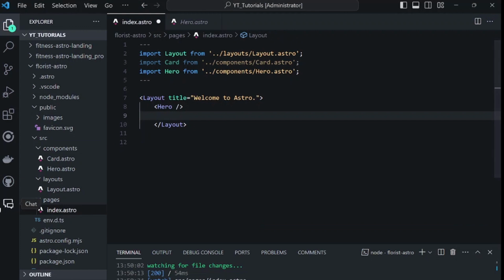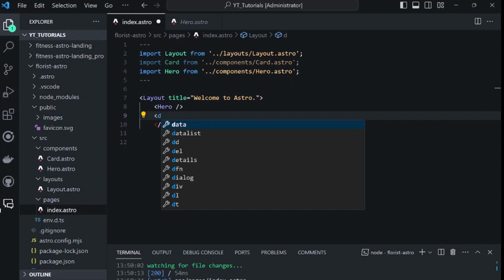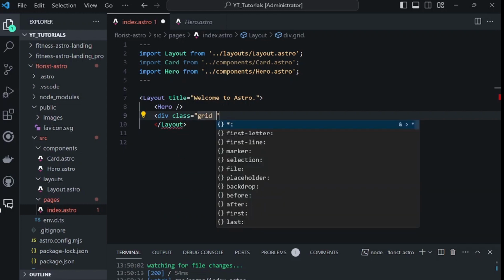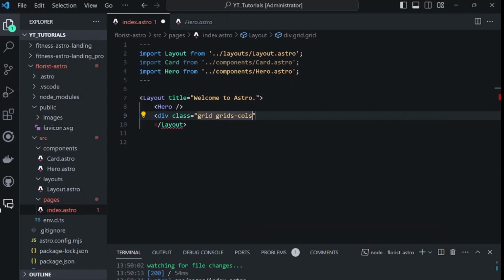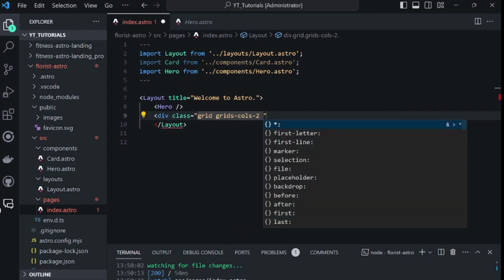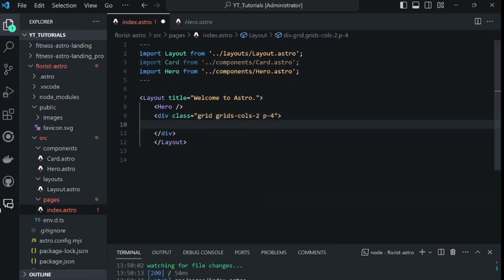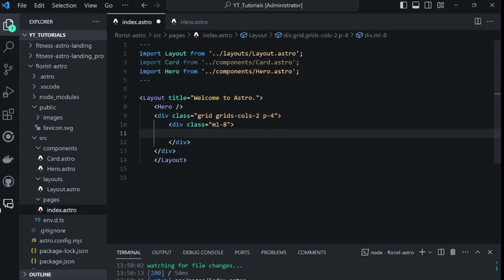Okay, so here we are inside of the index.astro file, and we're going to create the about section of the page, and we're going to say div with a class of grid, and we want it to have a grid column layout. So it's grid-cols-2 and padding of 4. And then we have a div with a class of margin left 8 and heading and a class of text-